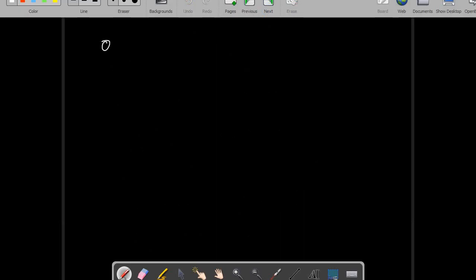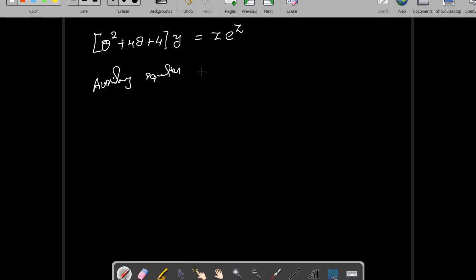Initially we will write the auxiliary equation. That is r square plus 4r plus 4 equals 0, and of course this can be written as r plus 2 whole square equals 0. It means the roots are r equal to -2 and -2. So it has repeated roots, and the complementary function is going to be